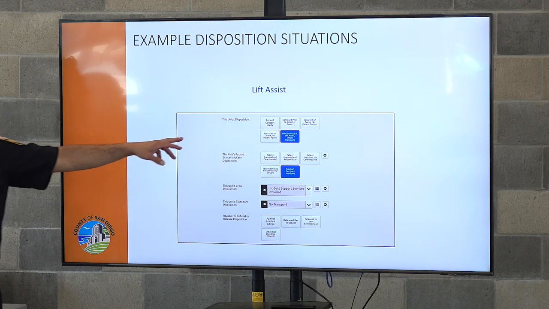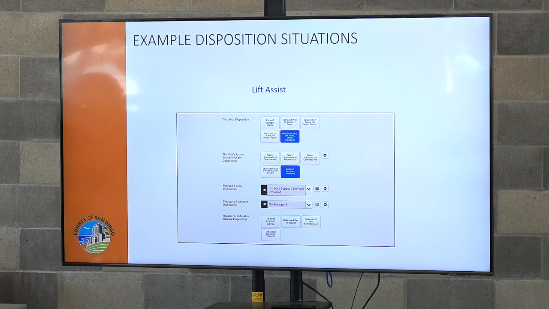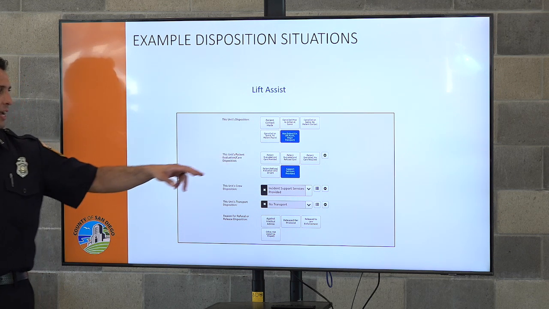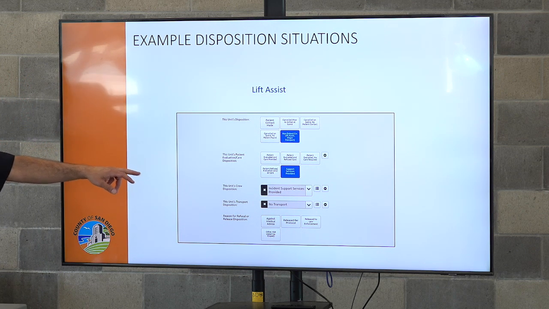The cool thing about this is it can be used for a lot of situations. The combination here is it's a non-patient incident, and support services were provided. And so you're basically saying you went somewhere that was a medical dispatch call, and I did something that wasn't patient care related. So what this could be used for is being dispatched into somebody else's IA to help